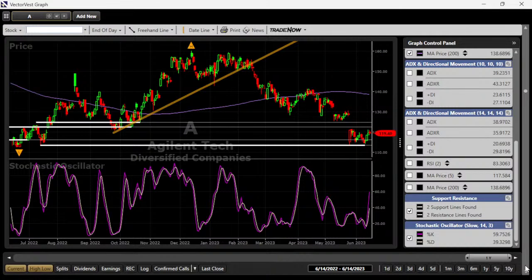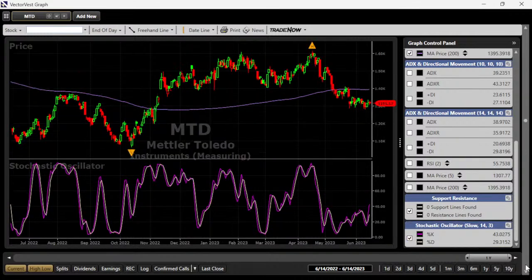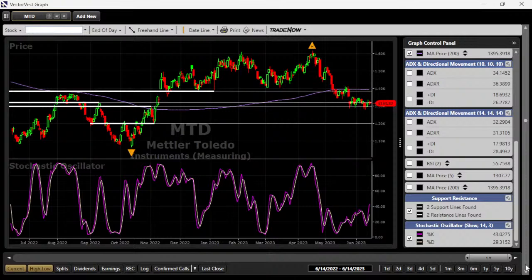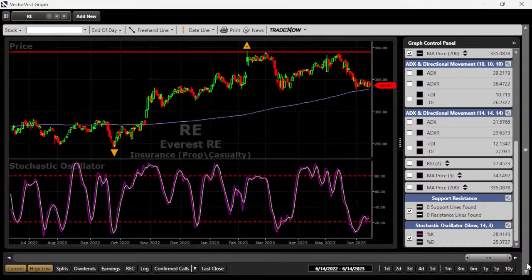Even though Agilent is technically a fundamentally sound company, price is below the 200-day moving average. Yes, it's just retracing from support, and stochastic has gone from below 20 to above 20, but it's in an underlying downtrend. I don't want to mess with it. Same thing with MTD, underlying downtrend. Yes, I know it's at support. Maybe it's setting up, but I want to just favor